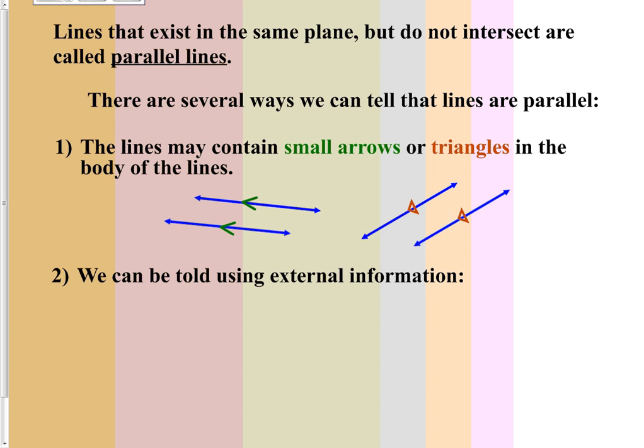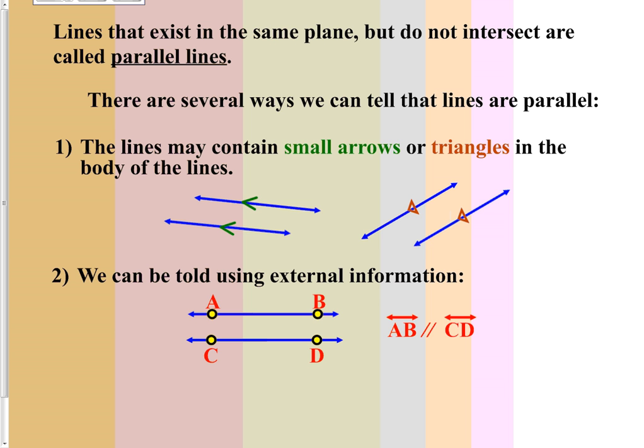Okay, the second way that we can tell if lines are parallel or not is to look for external information that's going on with the diagram. One of the things that you're going to find as we go deeper and deeper into geometry is that some of the diagrams can get really very complicated, and there can be a lot of clutter going on inside of the diagrams. So when that happens, a lot of times instead of marking information in the picture to show us that something is